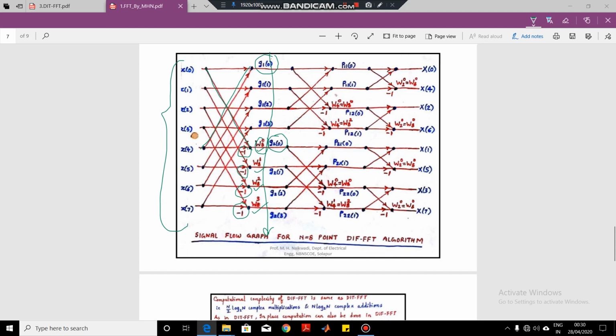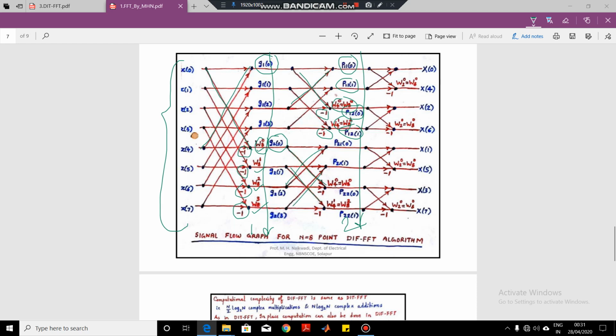Okay, so whatever we are getting as the output of the first stage, we are combining again these outputs by these butterflies. So the first output of the second stage is this, the second output of the second stage is this, then this is the third output, this is the fourth output, and so on. So again here the same butterfly. So -1 is first, then later on we are having the Twiddle factor. Okay, so this is the output of the second stage. So this is the first stage, this is the second stage. Here also you are going to combine the butterflies like this, one by one.